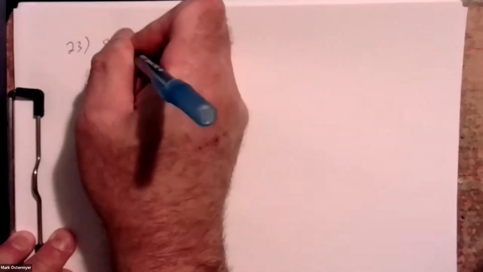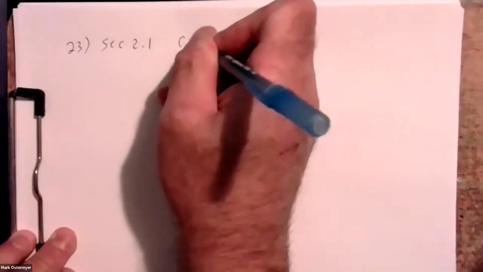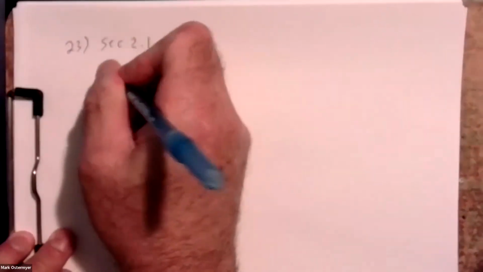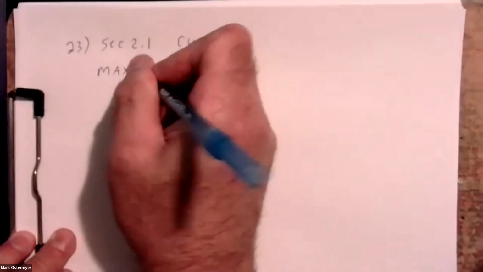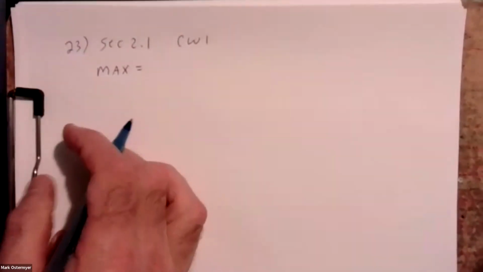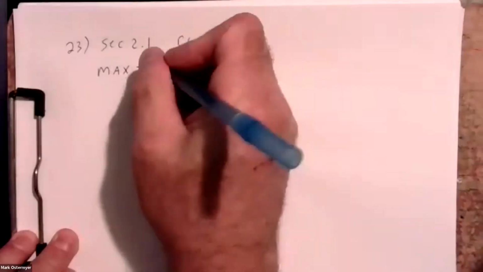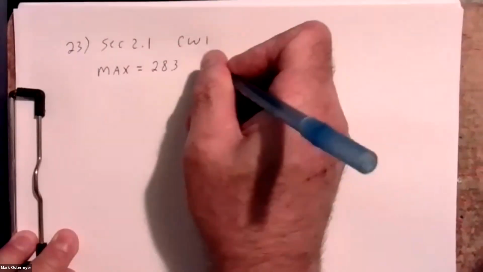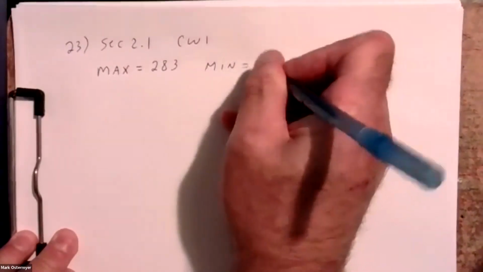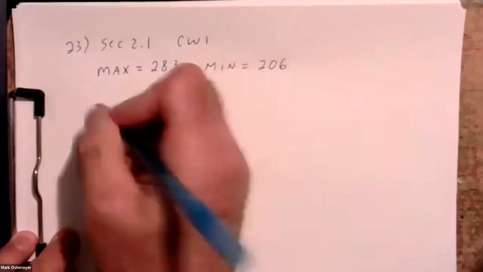All right, so for problem 23, section 2.1, we'll call this classwork 1. The maximum data point in that data set is 283, while the minimum data point is 206. So